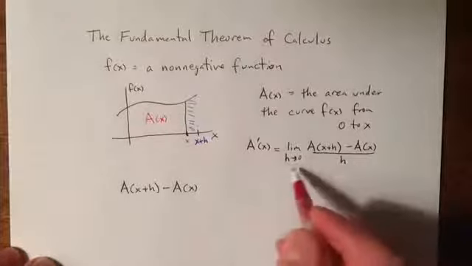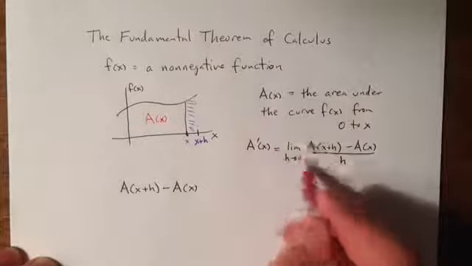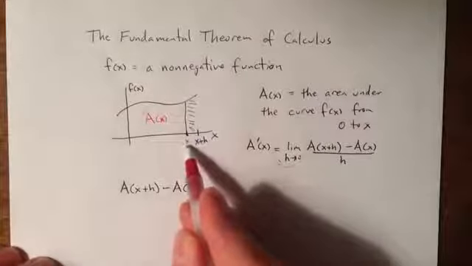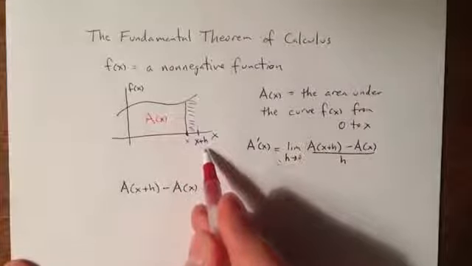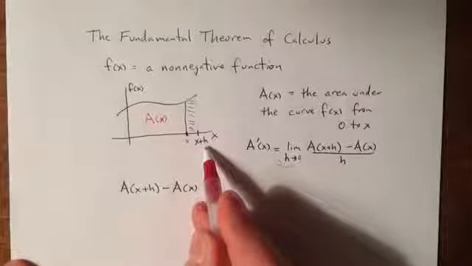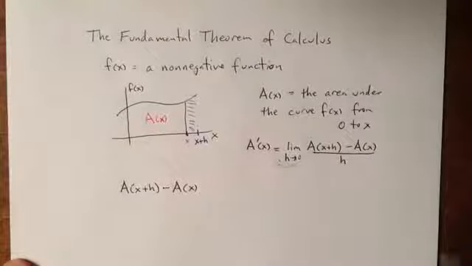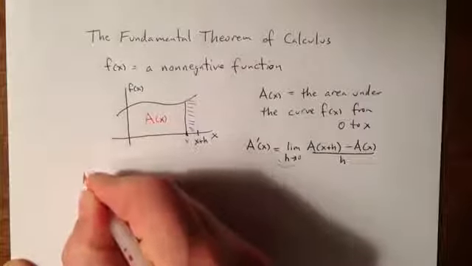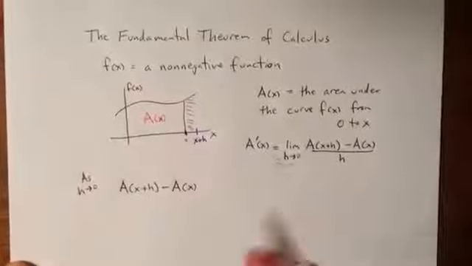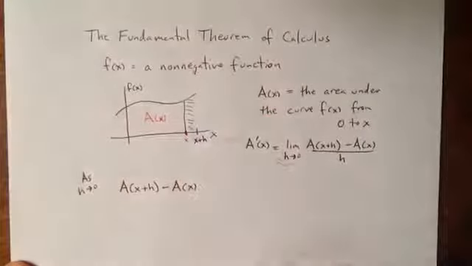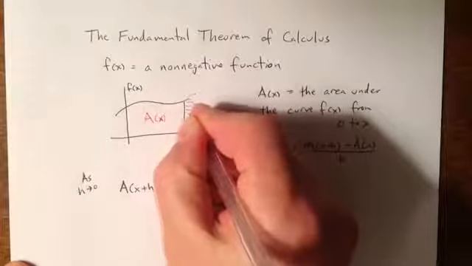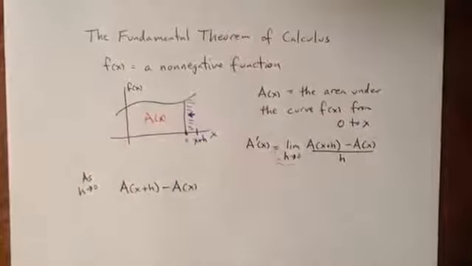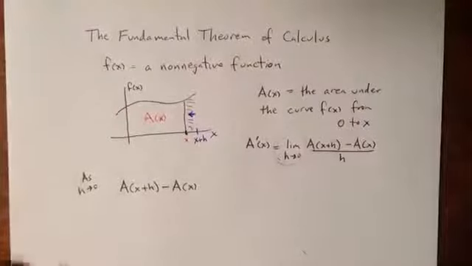And in particular, if you think about this expression, it's not just the difference quotient, we're also interested in taking the limit as h goes to 0. Well, as h goes to 0, these two points, x and x plus h, are going to get closer and closer together because the difference between them is h. The difference between them is going to get smaller and smaller and smaller. So thinking about the limit, as h goes to 0, the limit is going to make this blue area smaller and smaller by moving the x plus h line closer and closer to x,